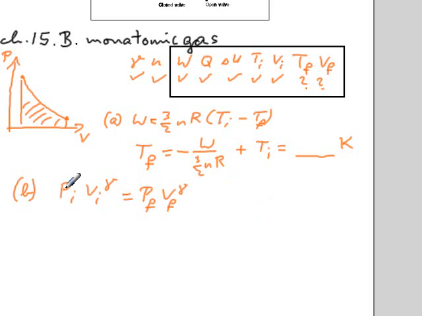We haven't been given either the initial or the final pressure. So the question is, can we actually use this equation? Well, because we have two unknowns here, we need something else. We could, for example, write down the ideal gas law. The ideal gas law always